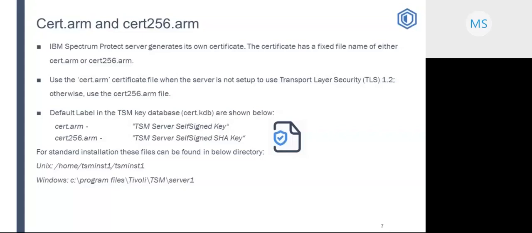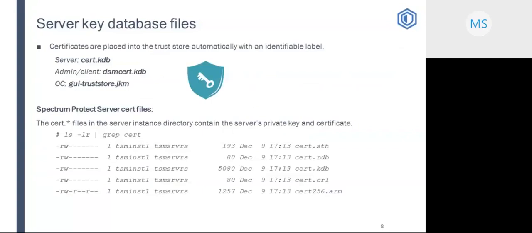Next, I'm moving to slide 8. This slide talks about server key database files and their labels. Spectrum Protect certificates are placed into the TrustStore automatically with an identified label as shown below.